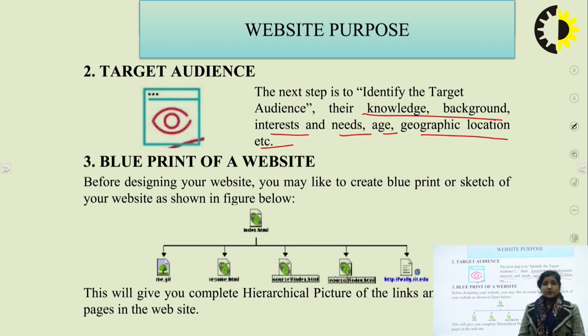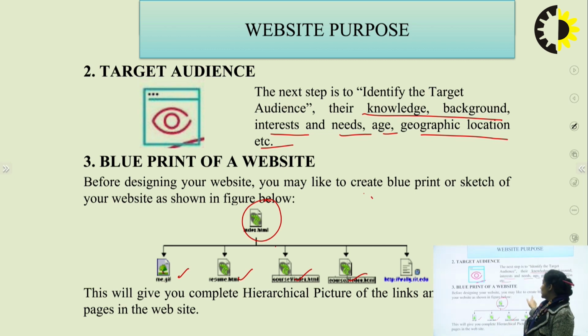Next one, we discussed the blueprint of the website. As we can see over here, we have a file index.html. This is a simple blueprint of what the pages will be and how the pages will be interlinked with each other. So index.html has further HTML pages, like a GIF image, HTML 2, 3 pages, and other codes are given over there.